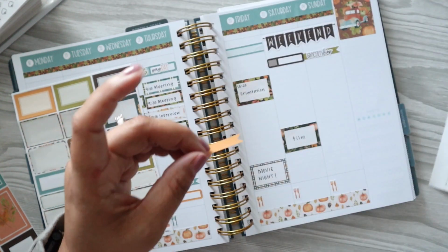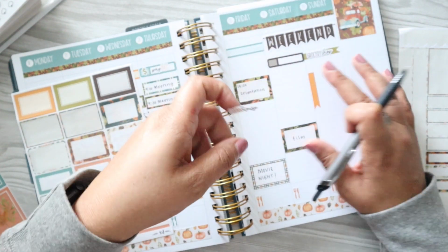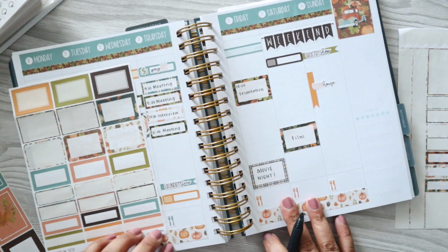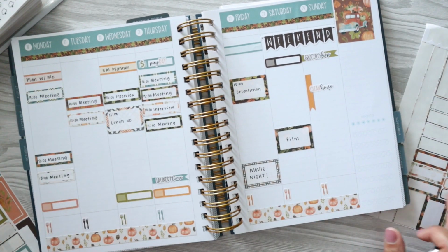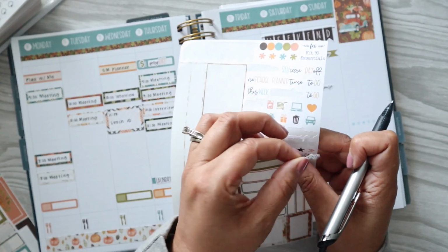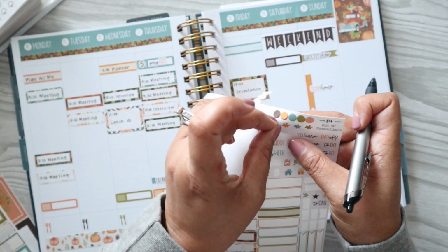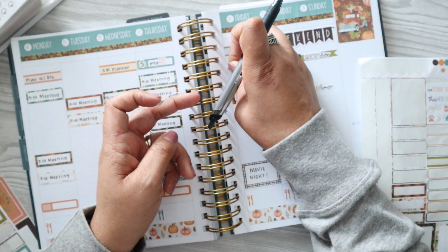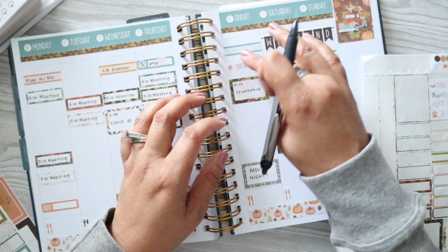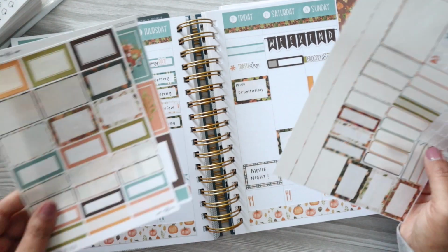The other thing I want to get done on Sunday is clean house. And I'm just going to use this flag kind of going vertically so that we know that that's going to pretty much take all day for the most part. All right, another thing that I forgot is trash day on Friday. Well, I didn't forget. I just want to put the sticker down for it because it's cute. I think it's cute. I'm going to use the little asterisk here because I feel like I'm getting a little bit full with half boxes and event labels. And then, oh man, I used all the flags over here. I want to use